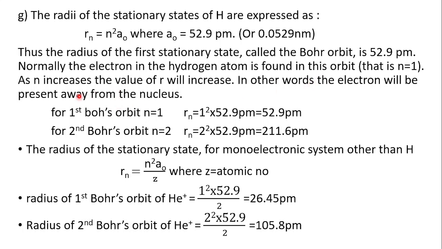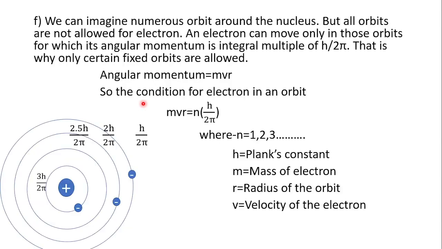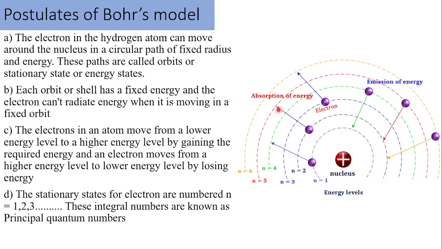As the n increases, the value of r increases. In other words, the electron will be present away from the nucleus. তাৰমানে কি ক'লে যে যদিহে nৰ ভ্যালুটো বাঢ়ি যায় তেতিয়াহলে ৰেডিয়াসটো ডাঙৰ হৈ যাব আৰু ৰেডিয়াসটো ডাঙৰ হৈছে মানে কি সি নিউক্লিয়াছৰ পৰা আঁতৰি আছে। ইয়াত চোৱা this is n equal to 1 orbit তো তাৰ ৰেডিয়াসটো কি হয় সৰু হয় তাৰমানে নিউক্লিয়াছৰ একদম ওচৰতে আছে।